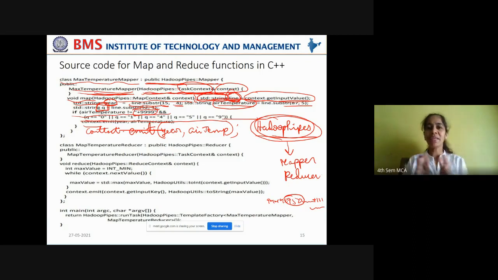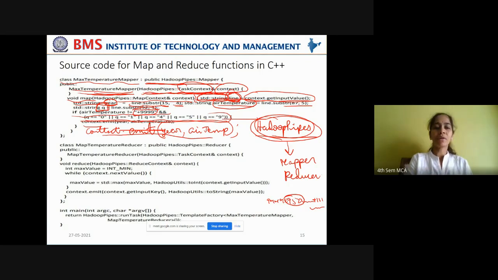There should be some mediator between map phase and reduce phase, right? Context acts as that mediator. Now you have checked the quality code. You understood this, right? If the air temperature is not equal to the miscellaneous value and if the quality code is equal to any of these codes, then it is a proper air temperature that is captured. Now emit that by using the context object.